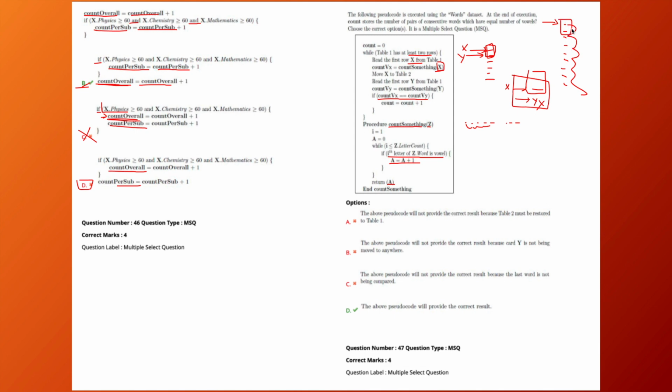So in that case, this option A is not correct. Option B says the above pseudocode will not provide the correct result because y is not being moved anywhere. So again, that is not correct, because you know that